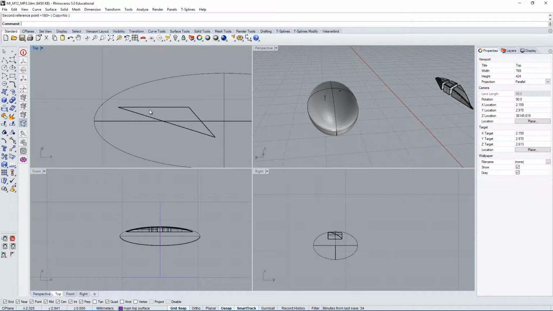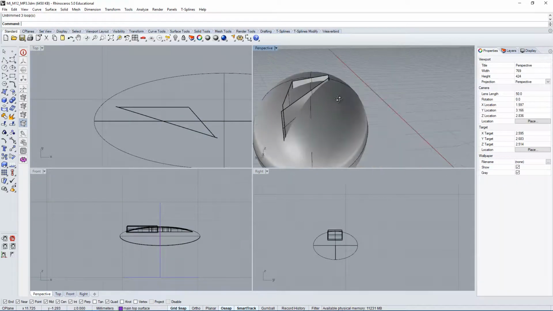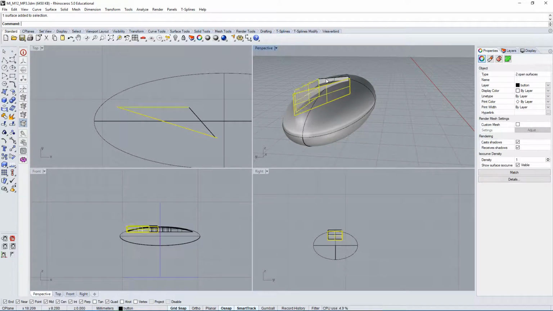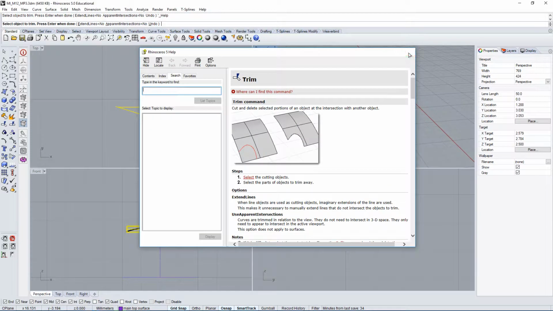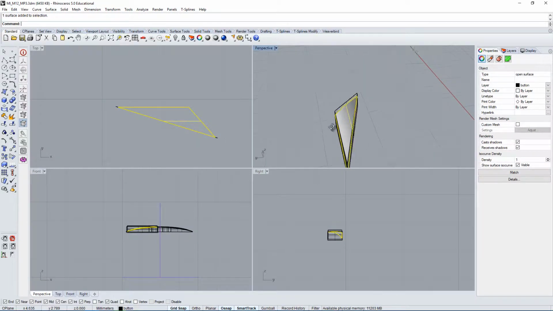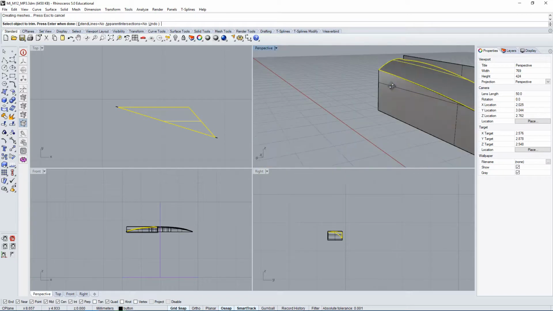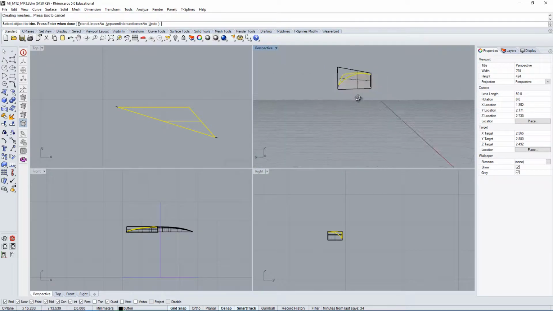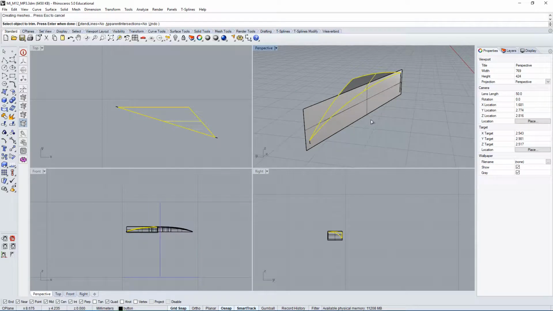Now to trim this surface here, we'll have to untrim these side surfaces. Once we do that, we should be able to select them and trim everything else. At this point, we should be able to select this one surface here and trim all of these ones. And it seems like it's not working for this one here because it's not the same height, and it just goes far beyond the object we're selecting.